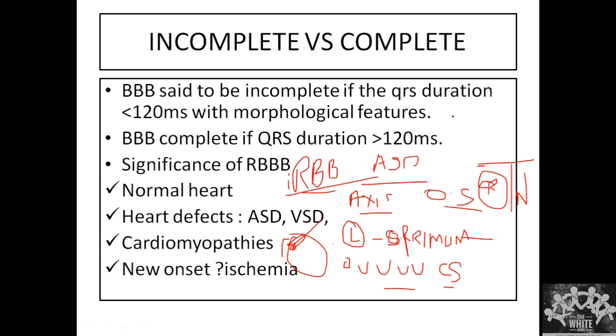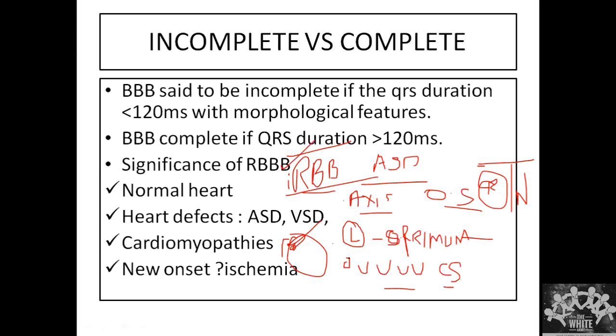I'll repeat. When you have an incomplete right bundle branch block, you should also think of it clinically. You go auscultate the patient. The patient has a wide fixed S2 split. Varun sir had explained in his class how we diagnose an S2 split, and why it is a fixed and wide split in ASD. All that was explained, so when you hear it, you won't miss it. Once you auscultate that, you have a high degree of suspicion. So you have an RBBB.